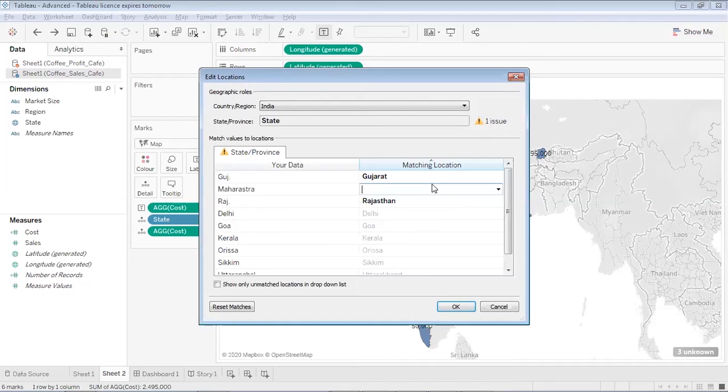So those locations will be added into the Tableau workbook. As of now, to see the exact latitude and longitude values for Maharashtra, I'll go to my Chrome browser, and over there I'll get the latitude and longitude values of Maharashtra.